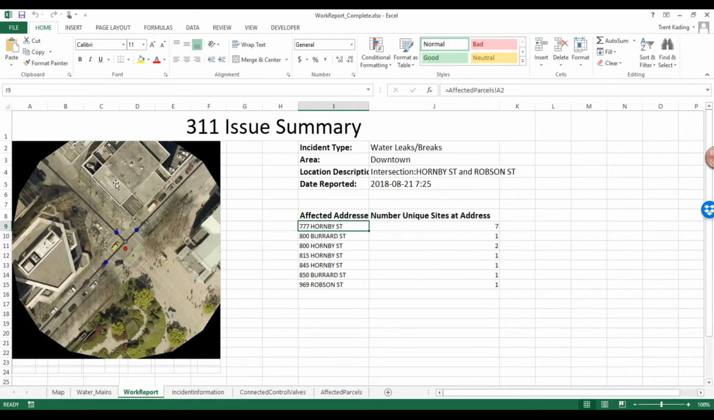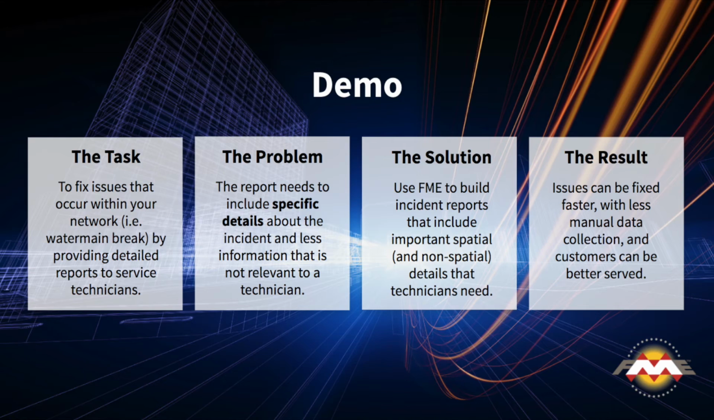As well, we have that orthographic image that I touched on, basically just providing the technician with some photographic context of where the issue was reported. So here we can see it looks like the middle of an intersection in downtown. We see we've got a few complexes here and then maybe a little park. So that's a pretty simple workspace, probably touching on a pretty basic task